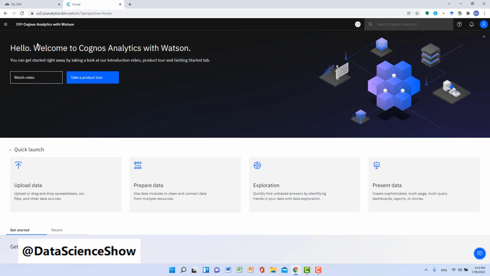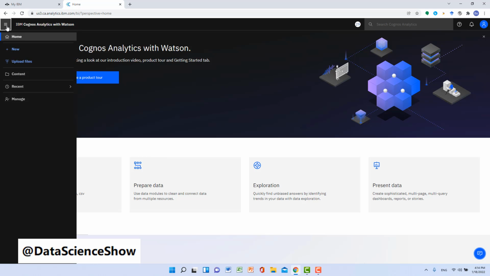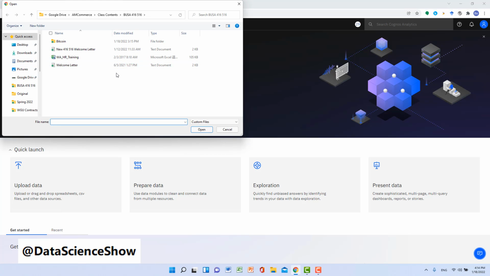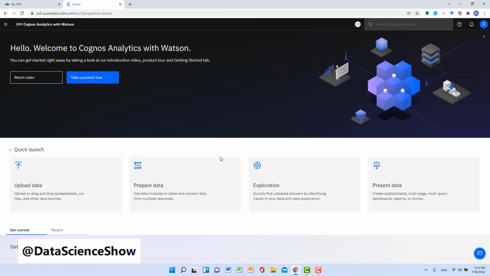Another way is to click the 4 bars icon in the upper left corner, and then there is a blue Upload Files link. You can use this link to upload data as well. So either way, you can upload data to IBM Cognos.